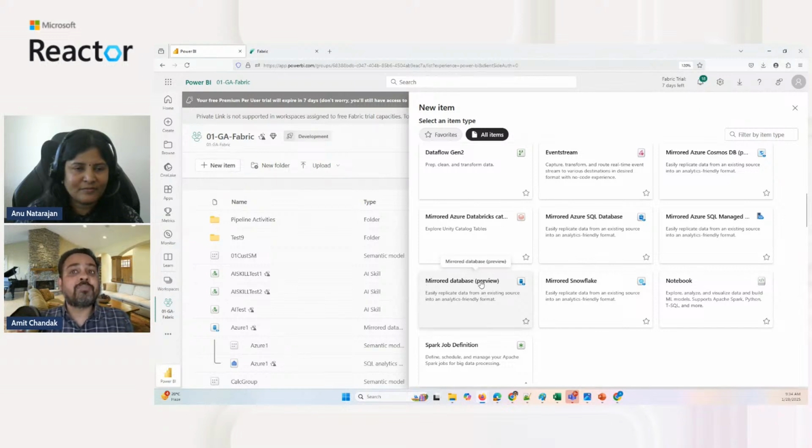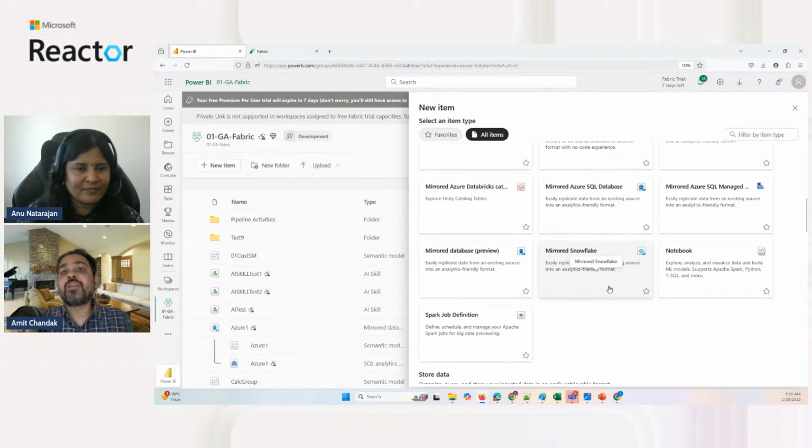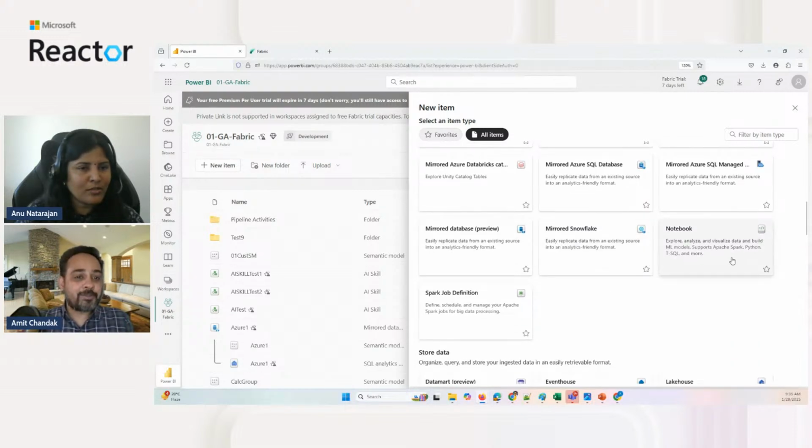And then we have the mirror database preview, which is generic one. If you can code it, you can also do it. Then we have notebooks. One more thing, Amit, like they have to watch the space, right? Because even though mirroring supports only certain data stores currently, just keep watching the